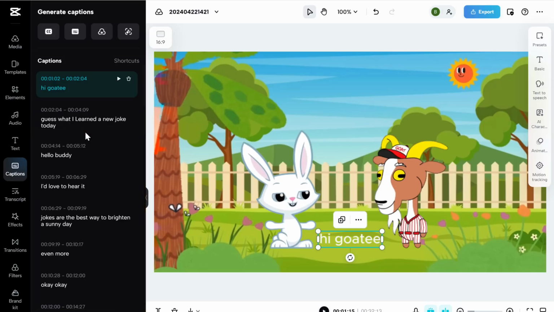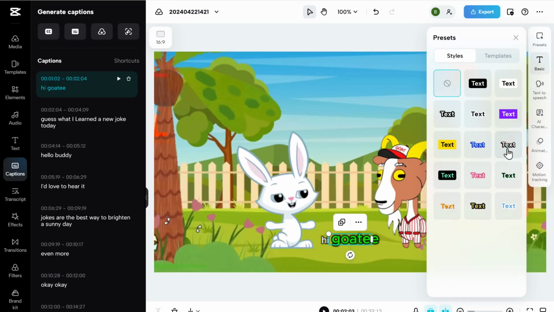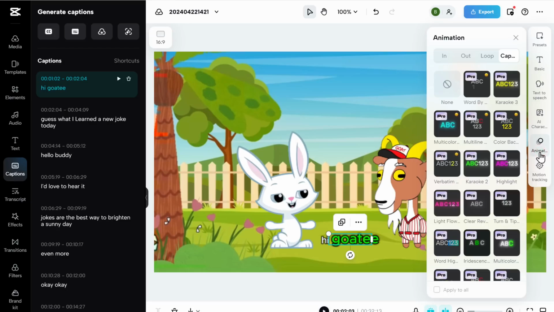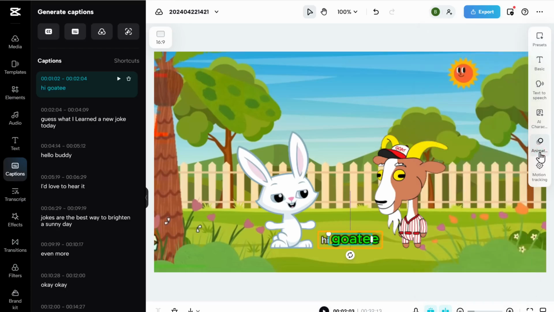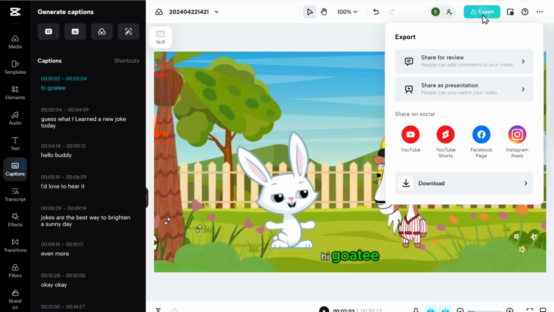So let's change that. Just go here and select the style you like. You can also add animations to the subtitles by clicking here. If you want to change the position of the subtitles, just click here and move it around as you wish. Alright, now everything is done. So to download it, just click here, click Download